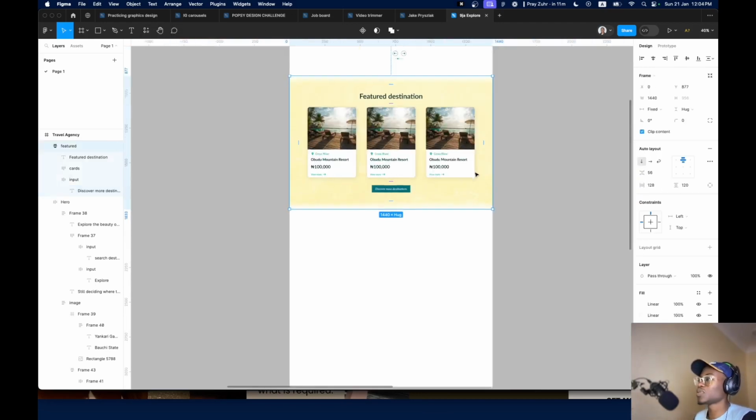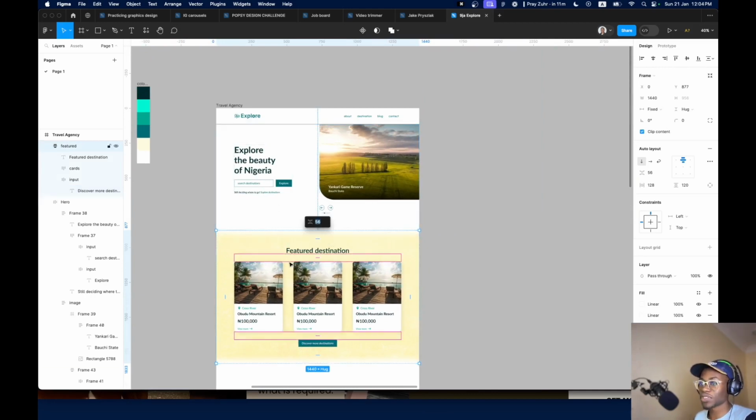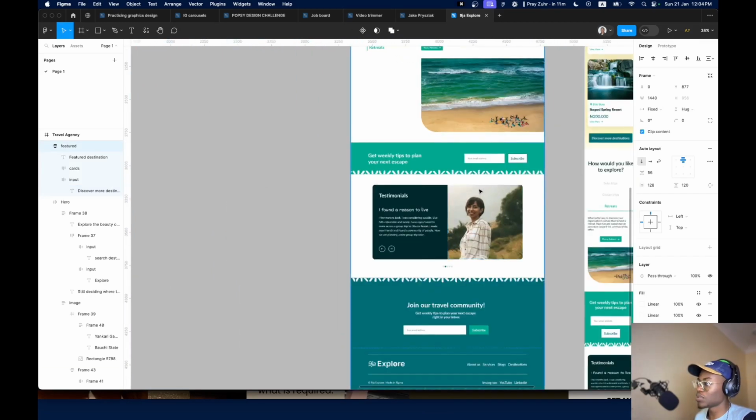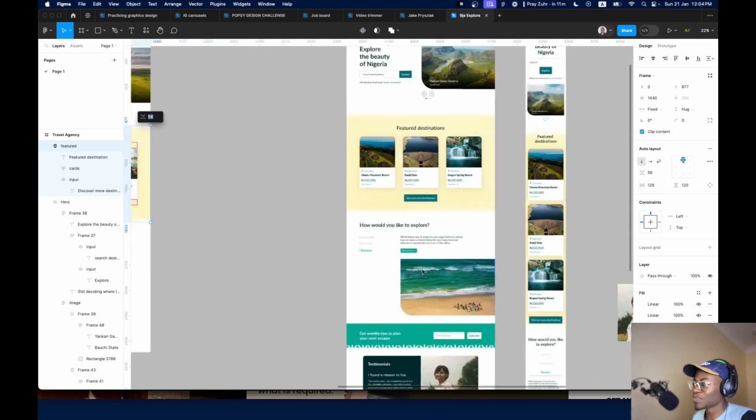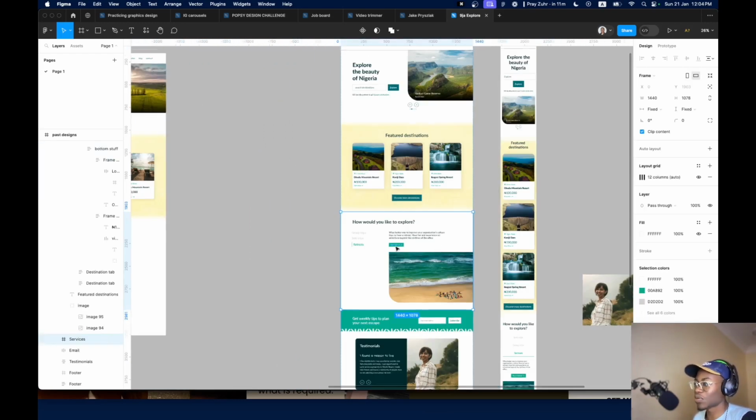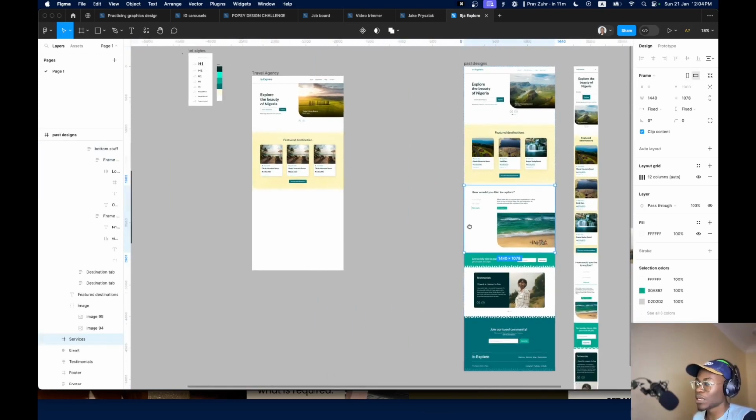Okay, so now that I've done that, what next? Hero section, feature section done. What else? We're going to do this. Now, something new to learn again. This is the service section. How would you like to explore solution, group, and so much more. Now we can,